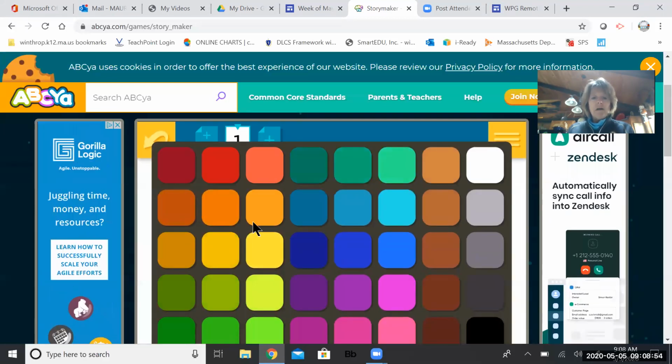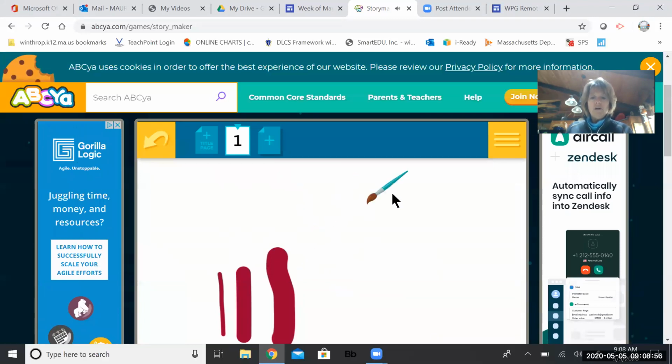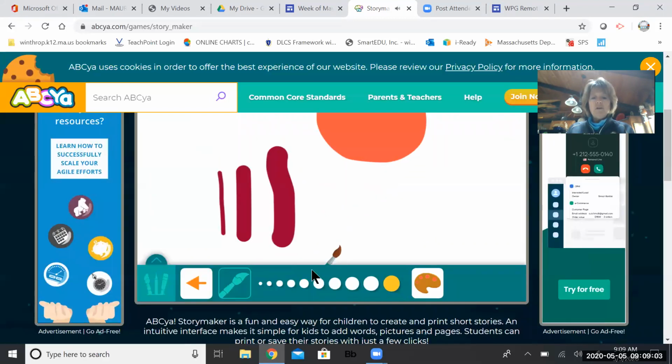So I'm kind of a big fan of orange, so I'm going to go with the orange and just kind of make some shapes. Look at that. I'm coloring in a circle. Maybe I'll go to a thinner